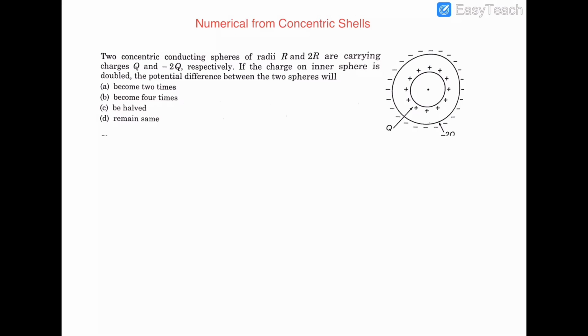That means the radii of the inner shell is r and of the outer shell is 2r. Another thing given is the charges. The charge on the inner shell is q and the charge on the outer shell is minus 2q. So now we will be using our knowledge of potentials to calculate the potential difference between these two spheres